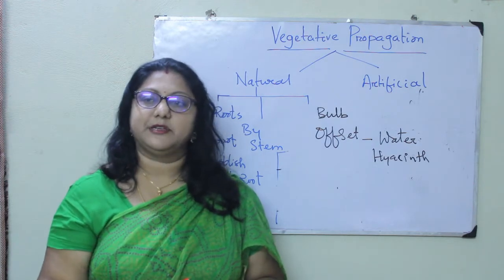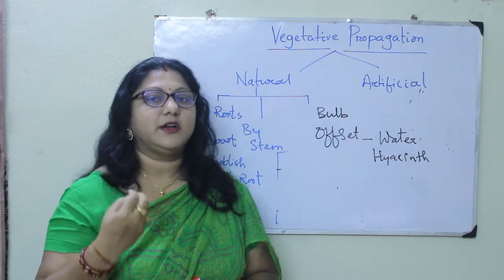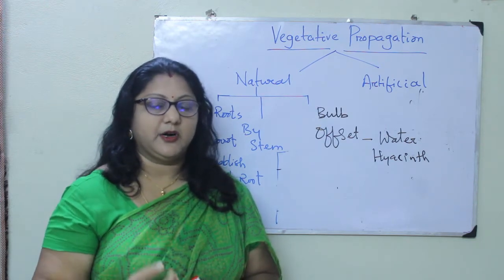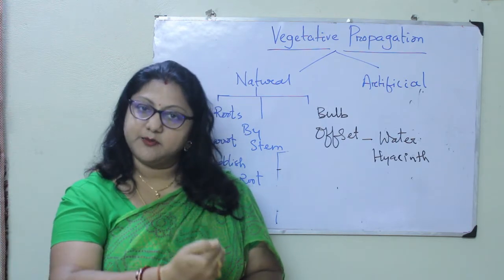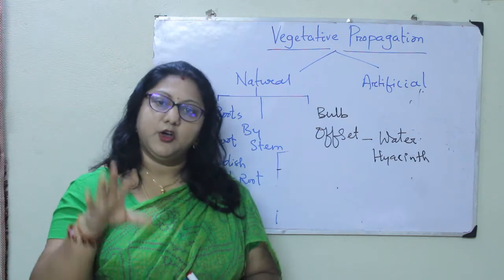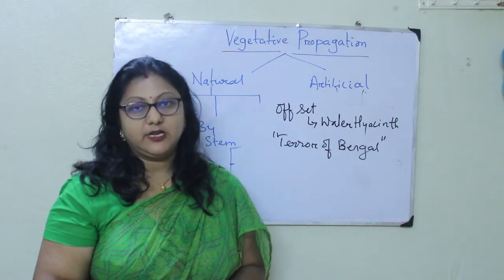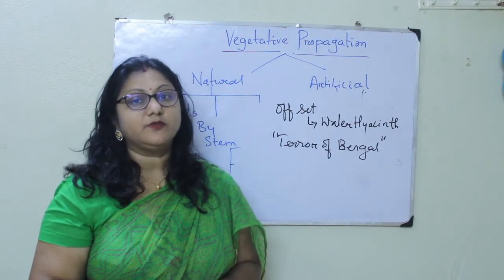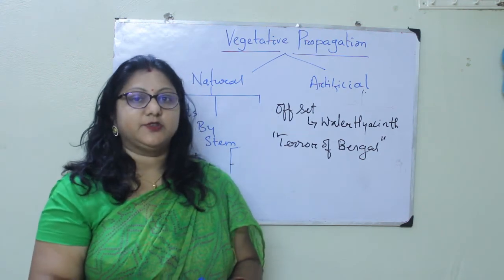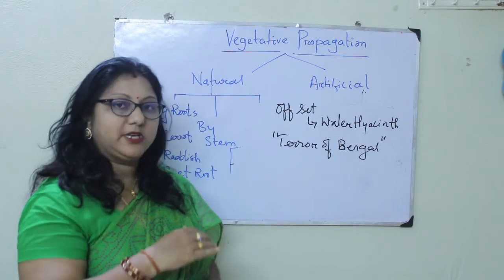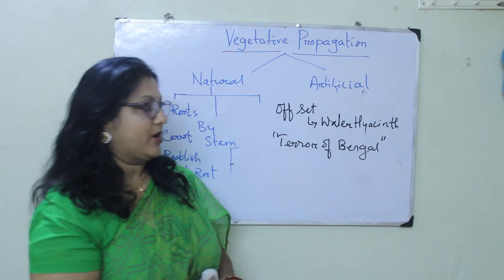Then next, what will happen? So the other organisms living in the water will not get the dissolved oxygen properly, because the water hyacinth will cover the top layer of water. When the atmospheric oxygen mixes with the water, then only the dissolved oxygen is formed. And if the dissolved oxygen is not enough, then it is going to affect all the aquatic organisms. So finally what is going to happen? The total aquatic body will be destroyed by the development of water hyacinth.